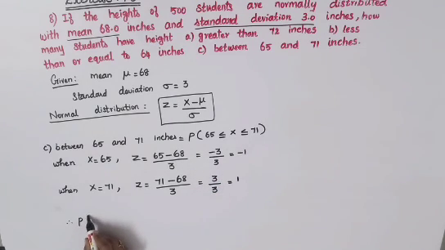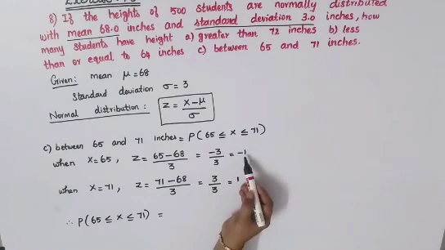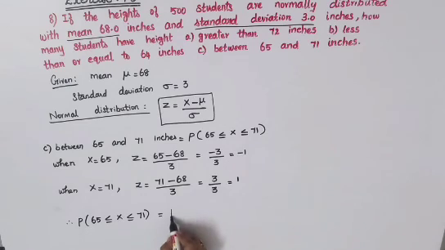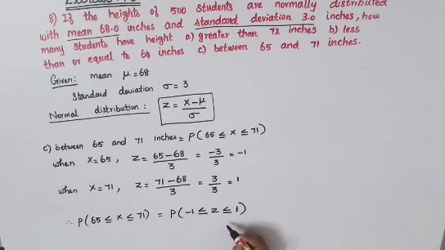So we can write it as probability of getting 65, which is less than or equal to x and less than or equal to 71. You will have to convert it to z. Okay, so when x is equal to 65, we have got z is equal to minus 1. So you can write probability that minus 1 less than or equal to, instead of x you will have to write z. Again this less than or equal to is there as it is 71. When x is equal to 71, your z value is 1. Okay, so instead of 71 we will have to write 1. This we will have to shade it in the diagram now.